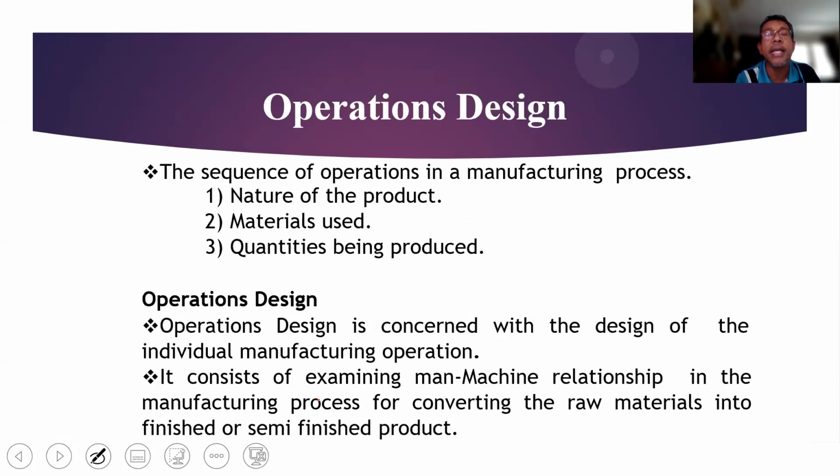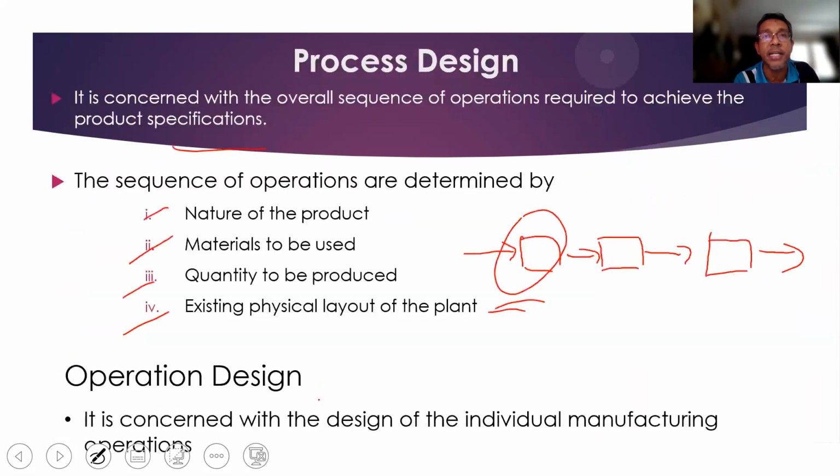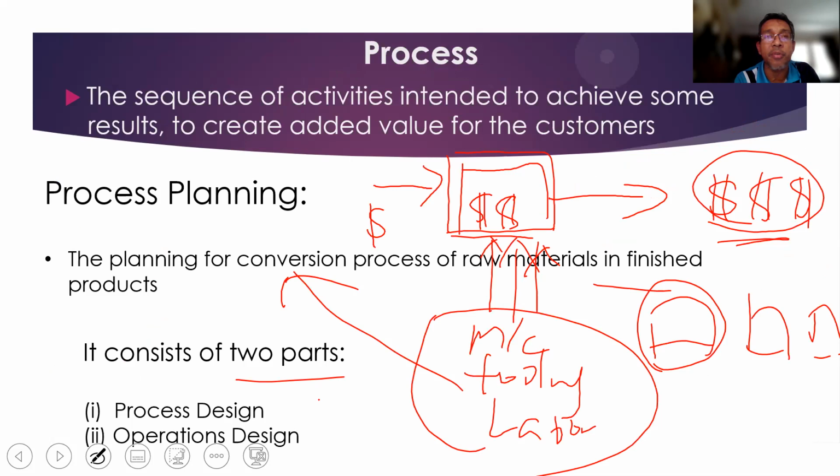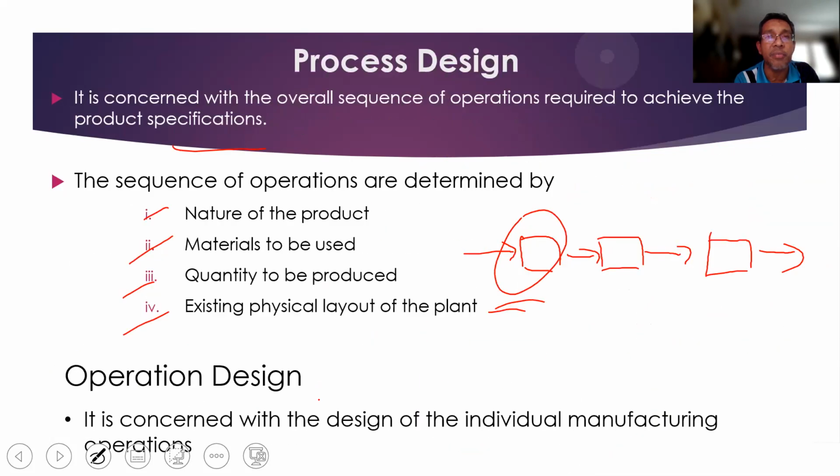Okay. And then the operation design, I will continue later on. So we just finished until the process, because the process is an overall sequence, and the operation design is the particular process or operation at the machine or equipment or job site. So we just finish until here, and the operation design we continue later. So from the part process design: process strategy, process design, and then process description. Any question from here?